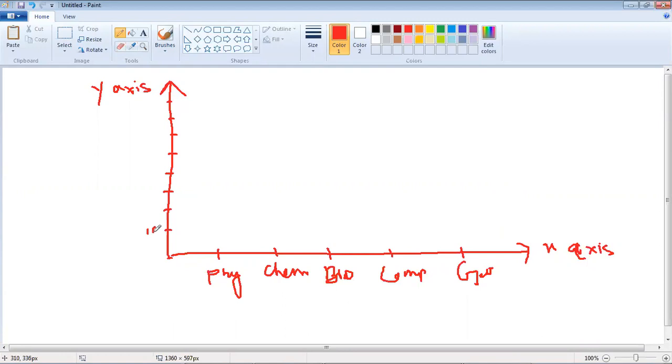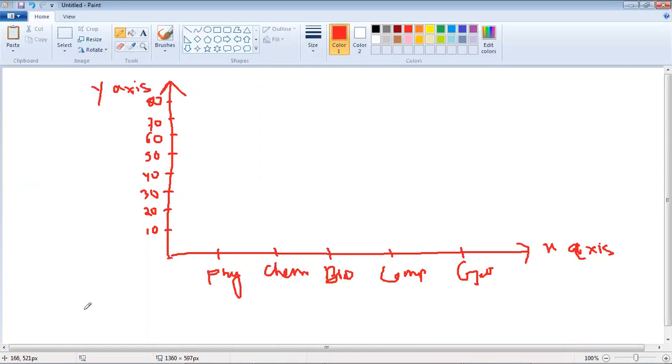So let me write the values on the y-axis: 10, 20, 30, 40, 50, then 60, 70, then 80.